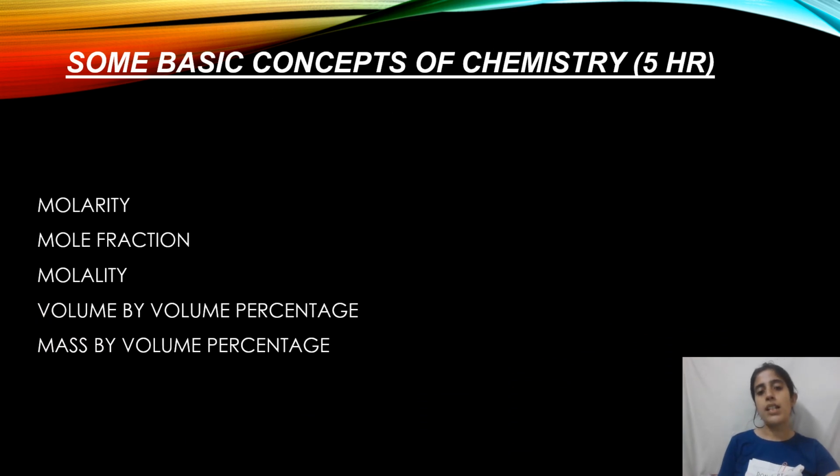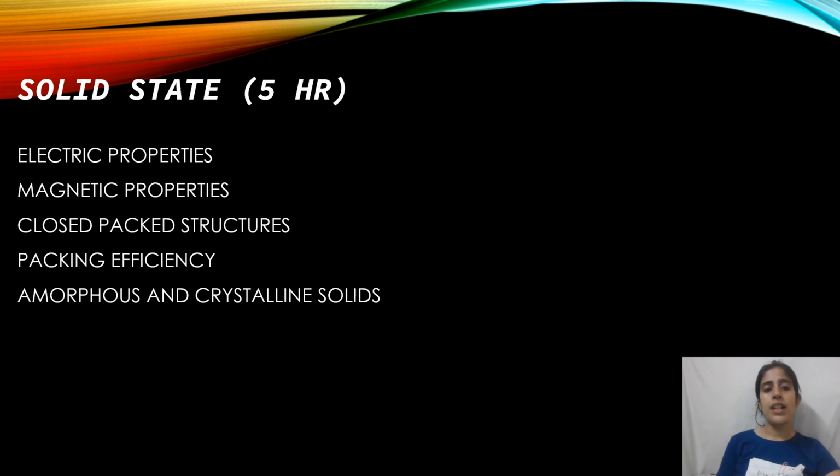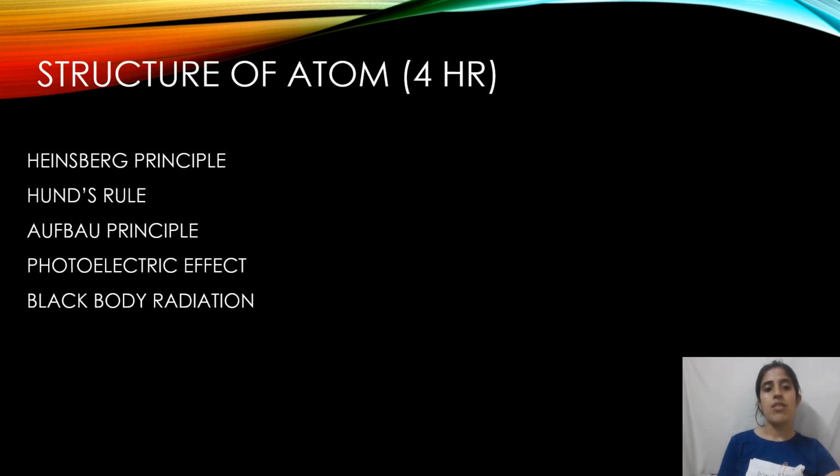Now the first topic is some basic concepts of chemistry, that is molarity, mole fraction, molality, volume by volume percentage, mass by volume percentage. Next is solid state, that is electric properties, magnetic properties, close packed structures, packing efficiency, and amorphous and crystalline solids. Next is structure of atom, that is Heisenberg principle, Hund's rule, Bohr principle, photoelectric effect,